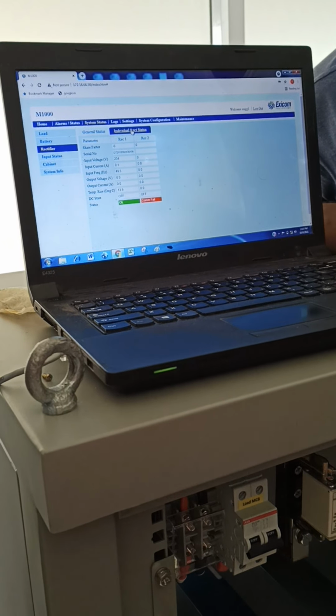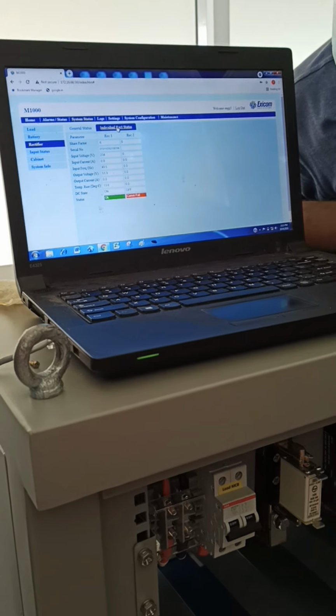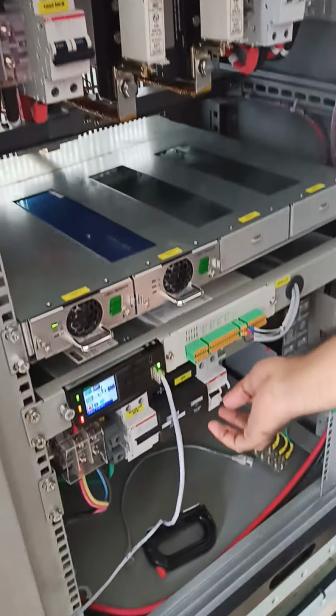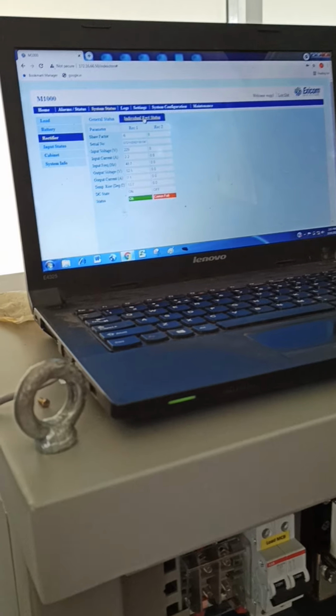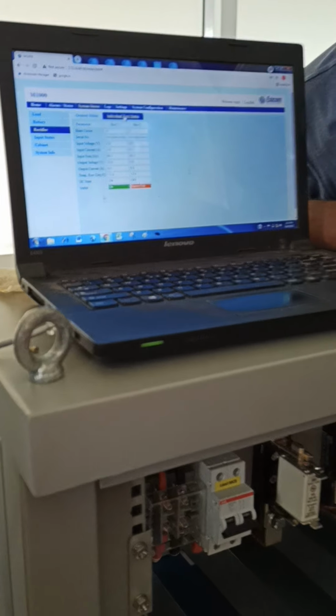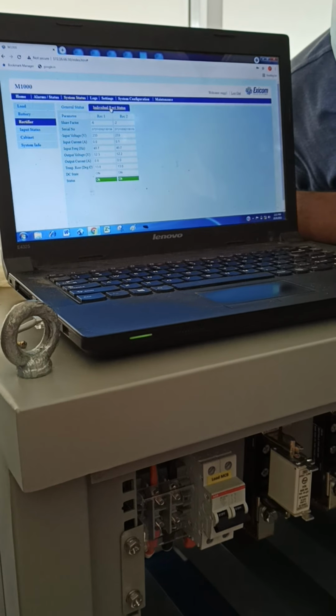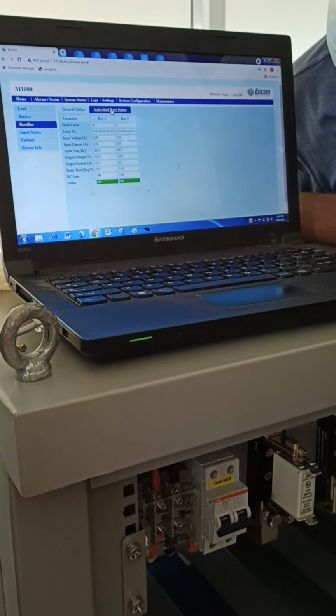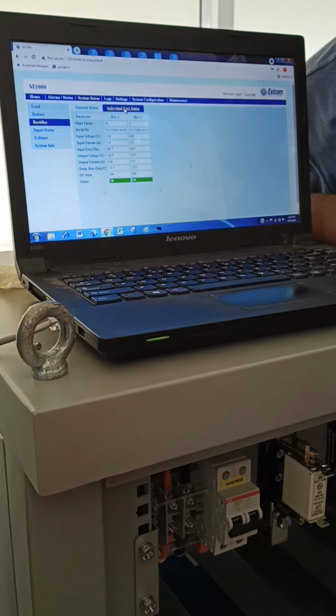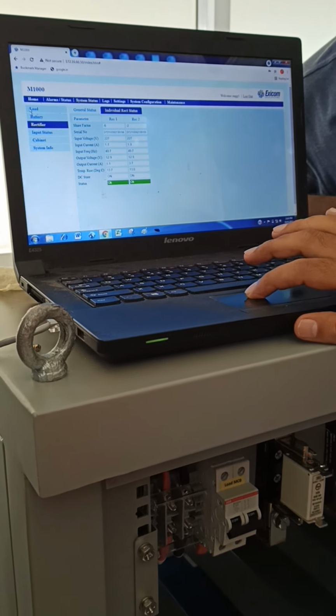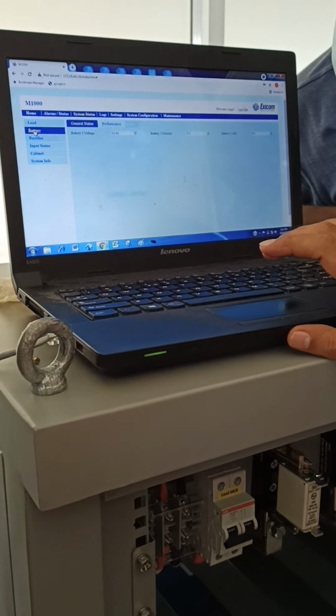It means it is registered. Now the second rectifier, then the next value will come. Now the rectifiers are registered. One part of the work has been finished. Next, one setting.